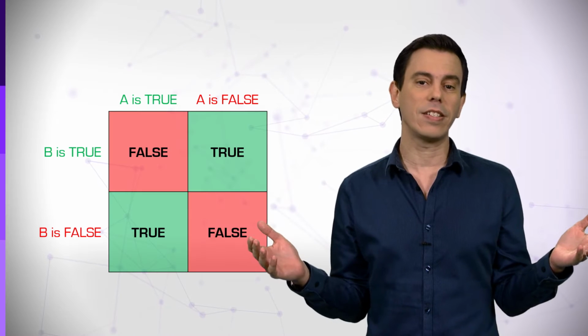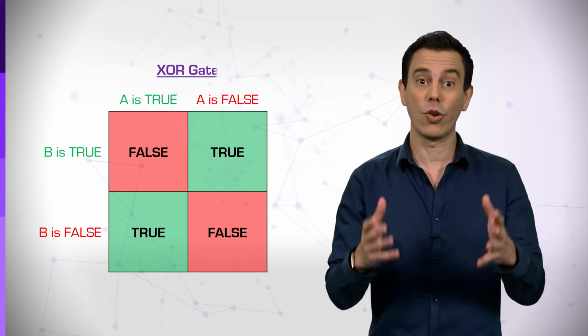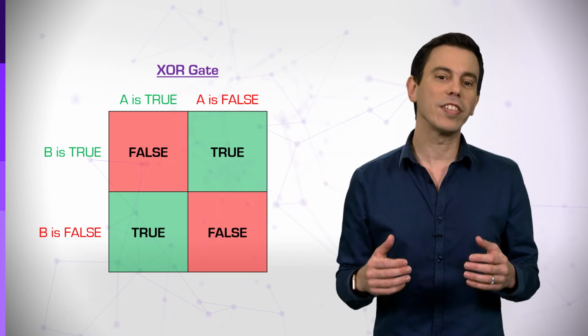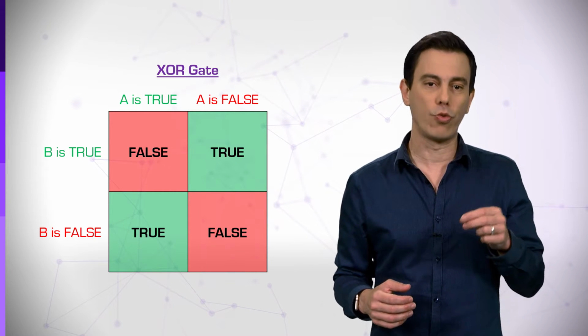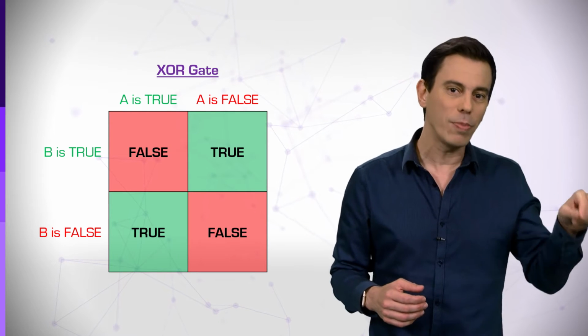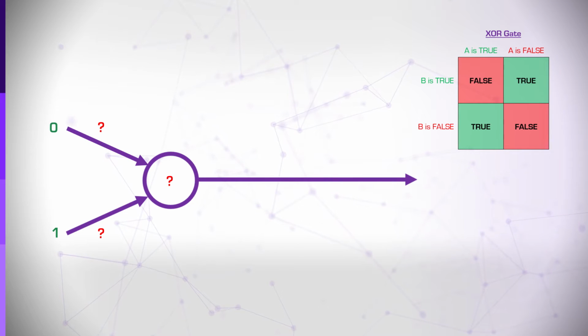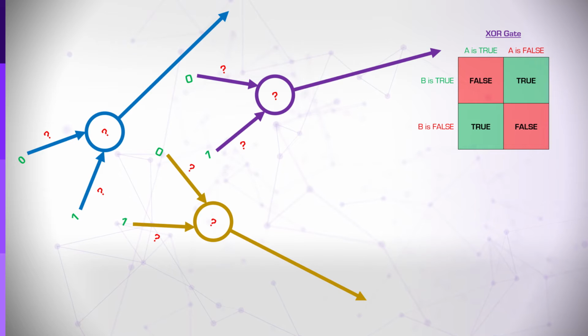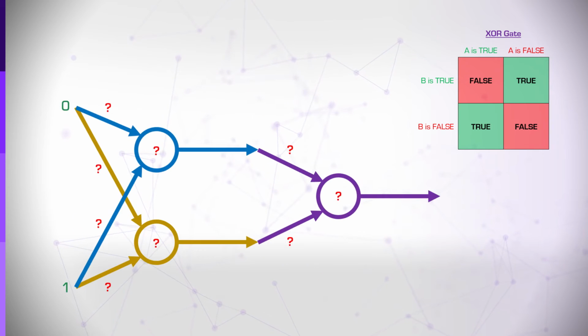What about more complex tasks, or even just more complex logic gates? For example, a very important logic gate is exclusive OR, called XOR. This gate requires that only one input will be true, but not two of them. Only then the XOR logic gate becomes true as well. How can one neuron perform this operation? Well, it can't. But 3 neurons can, if they are constructed in 2 layers like this.